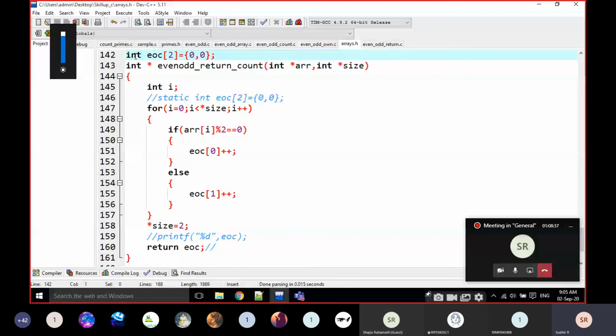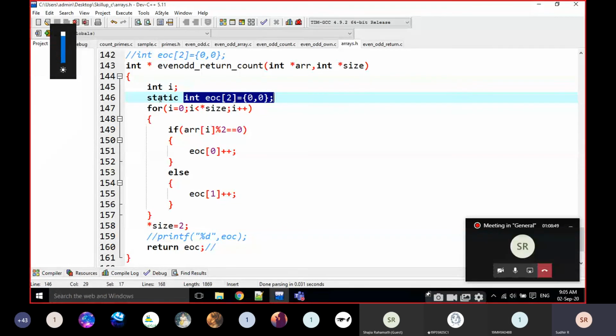Just note a point here. Instead of static, we can declare the resultant array as global. That is also possible. Global means it is accessible to any function.